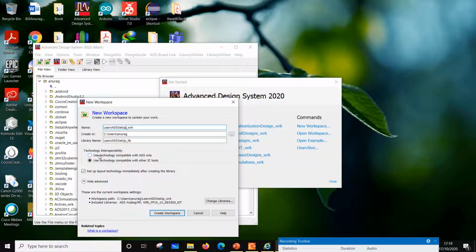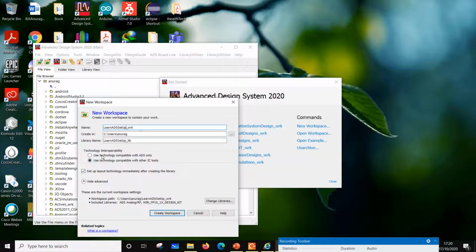For example, for Cadence you will have a library called a process design kit, or a PDK. If a PDK is for Cadence, then you use it in Cadence. If a PDK is for ADS, then you use it in ADS. But there are some PDKs which are common, also called interoperable PDKs. So you can specify in the ADS window system